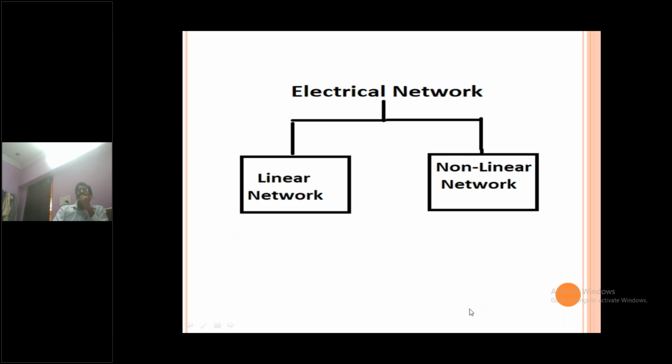The second is non-linear wave shaping circuits. Here we use passive elements R, L and C, and in addition one non-linear device. In electronics, the non-linear devices generally considered are diodes and transistors. Using diodes, transistors and passive elements together forms one circuit, and that circuit is a non-linear circuit. When you apply a sinusoidal input to this non-linear circuit, the output waveform is found to be non-sinusoidal. This will come in the later details.